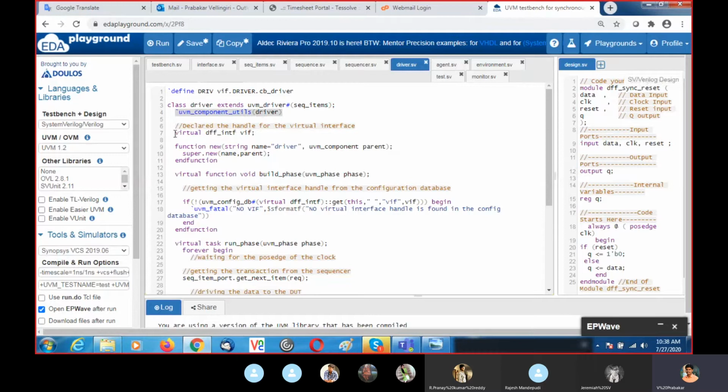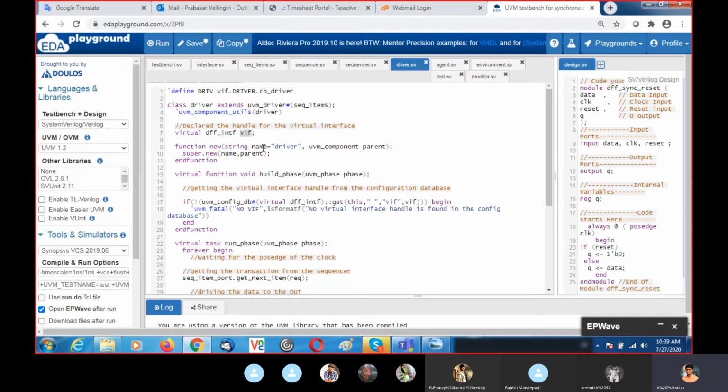Here in driver, I need the interface, so that I can convert the sequence item and transfer it to a pin level signal. So I need the virtual interface here. So I declared the actual interface as a virtual interface.